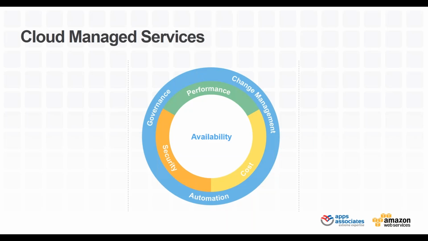Once you're running and operating on the AWS platform, it's important that you have a mechanism, you have processes in place for continuous monitoring and understanding of where you are in terms of your secure operations, application performance, and the cost of achieving that security and achieving that performance. Are we running as planned? Are we able to catch deviations? It's very important. So managed services in this context, Apps Associates has developed a process leveraging tools and IP and processes that helps organizations